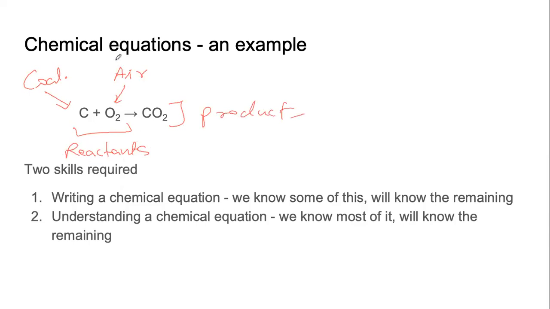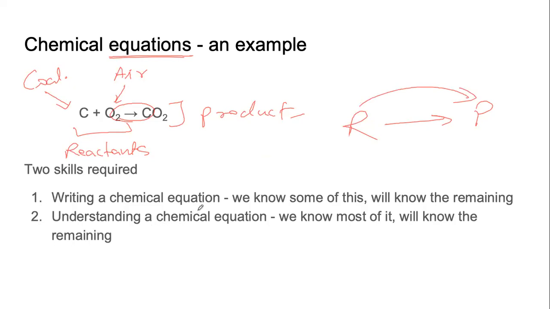There is no equal sign. Although we say equation, there is no equal to sign. This is how it is different from a maths equation. In mathematics, whenever we say equation, there is an equal to sign. Here we will not have an equal to sign. Wherever we say chemical equation, we will have an arrow. And it just tells us that here are the products, here are the reactants. The change is happening from the reactants to the products.